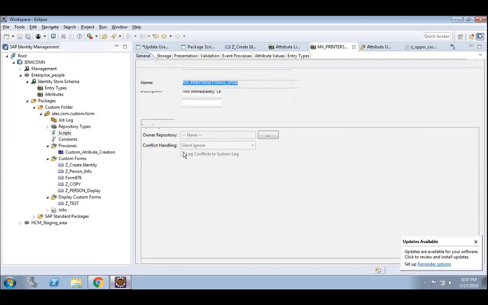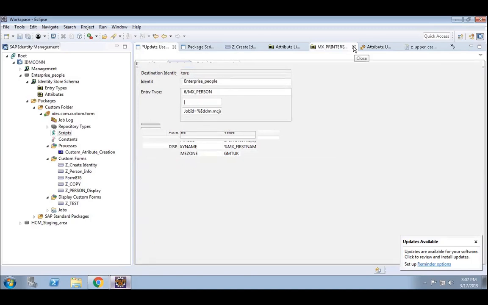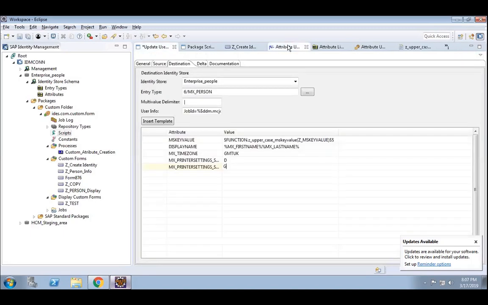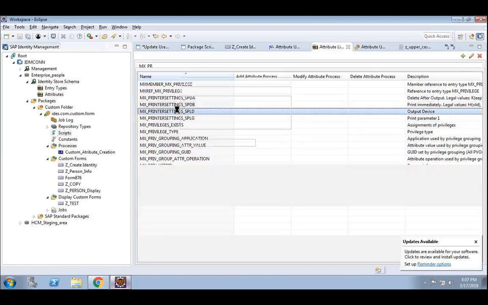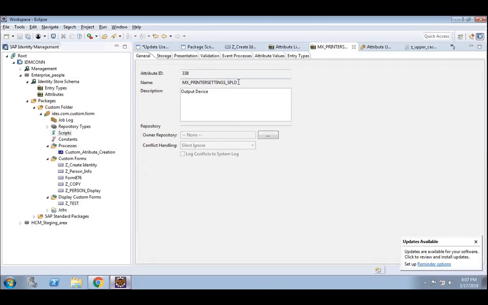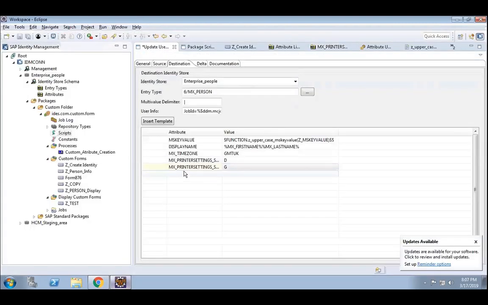Select this one, G. And another one is SPLD. This is the output device, the printer name. Enter the name of the output device. I think we can give the name LOCL, the default name, right? Local, yeah, LOCL. So let's do it like this. That's it, I am done.